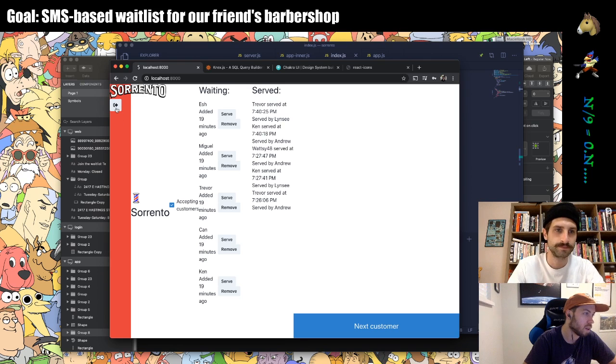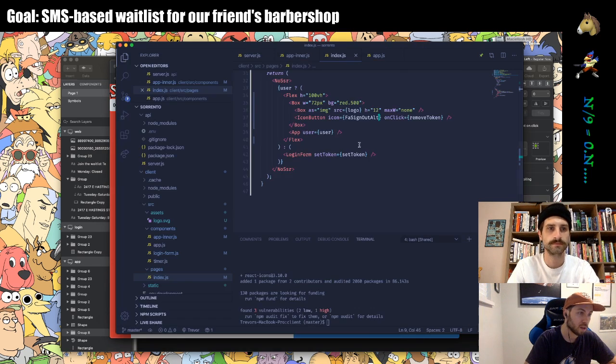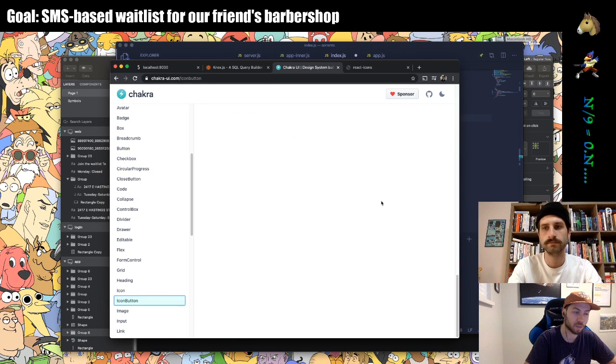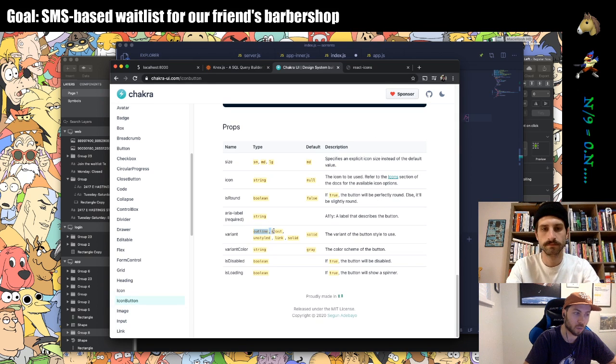So this is a start. It gives us a button. If you click it, you'll log out. But it doesn't look like the button that we have in the designs. So we're gonna give the icon button a few different styles. First of all, you can learn more about these in the Chakra docs, but the icon button takes a variant prop. And the variants that are supported are outline, ghost, unstyled, link, and solid. By default, the variant is solid, but the variant that we're going to want to use in this case is